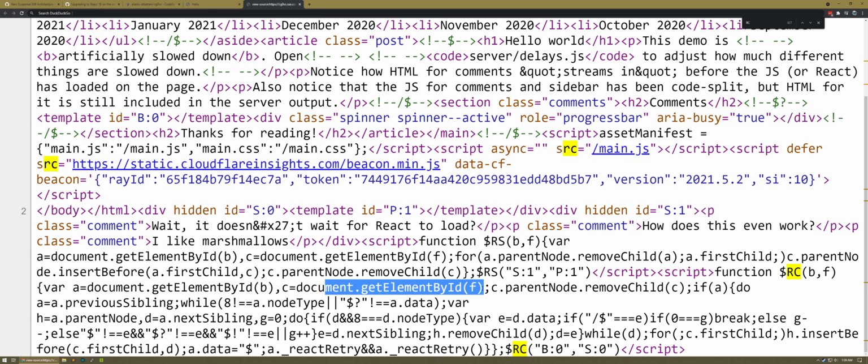One of these is the data that's going to go in the template. Then the parent node remove child, so to get rid of the original one. And then if a do... so if we have a, which is that if this exists, see, this is the race condition. If this exists, then